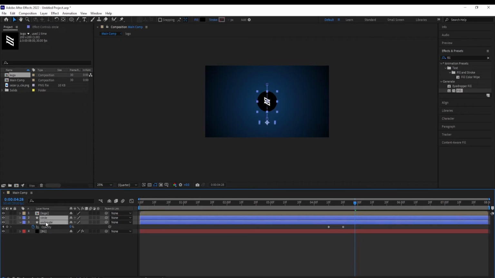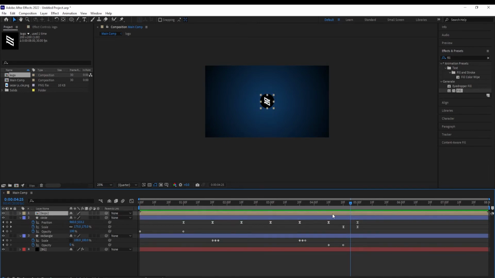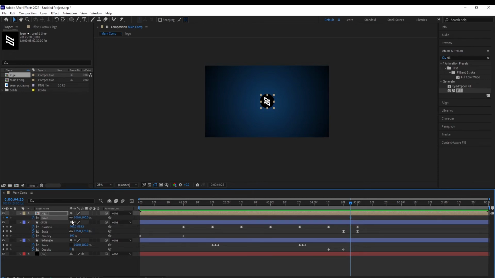and we will view those shape layers keyframes. So we will select those and press U, and right after the circle scales up, we want to make our logo come from out of nothing as well. So right after it starts scaling up, we select our logo, press S for scale, set a keyframe on it and change the scale to 0, and